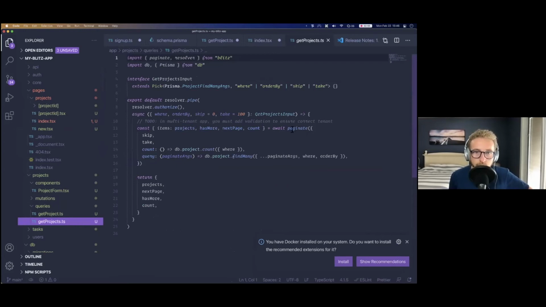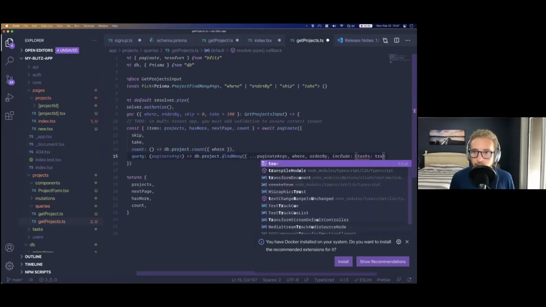You can see we have a pagination helper that it's using. And then we have this db.project.findMany. Here we want to add an extra argument that says include, and we're going to include task true.